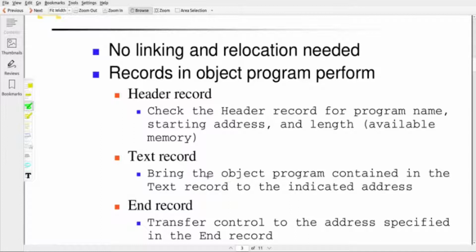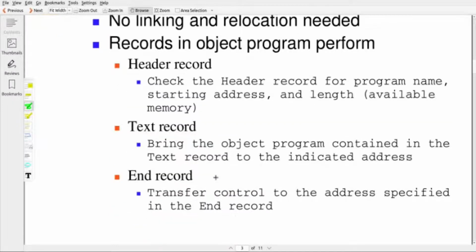An absolute object program contains basically three records that we have studied as a part of the assembler. The three records are the header record, text record, and end record. What is a header record? The header record contains the program name, starting address, and length of the object program. The text record contains the starting address of the text record, the size of the text record in bytes, and the object code of the absolute program. Multiple text records may be contained in an object program, and last we can see one end record, which gives information about the end of the object program, and also gives the starting address of the object program.